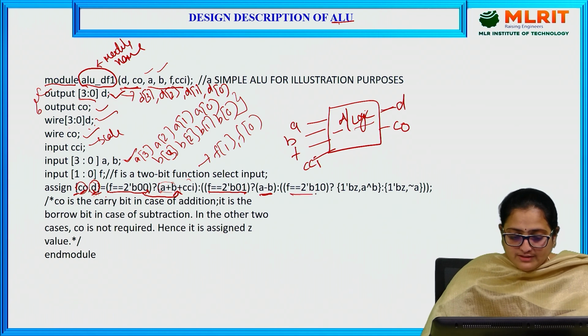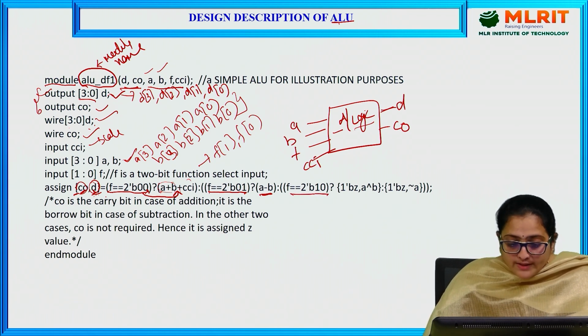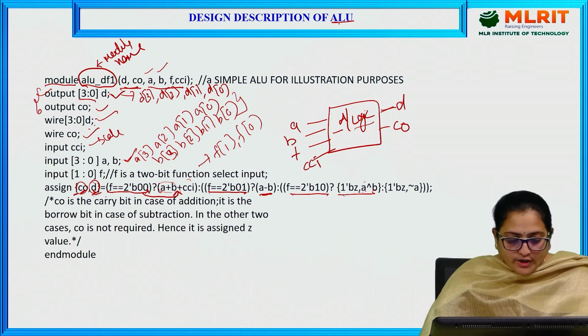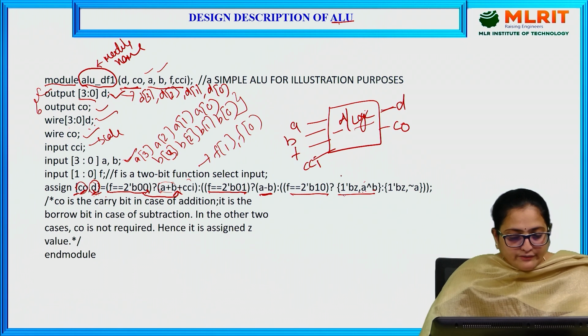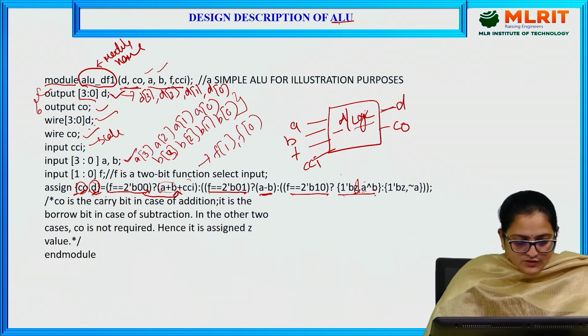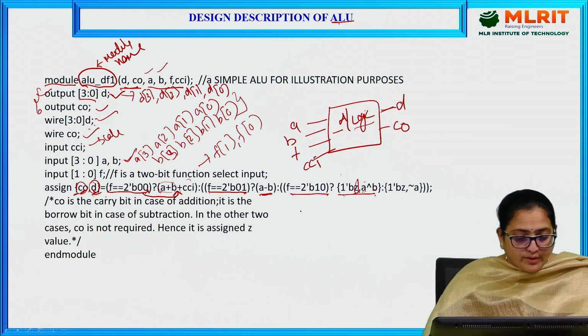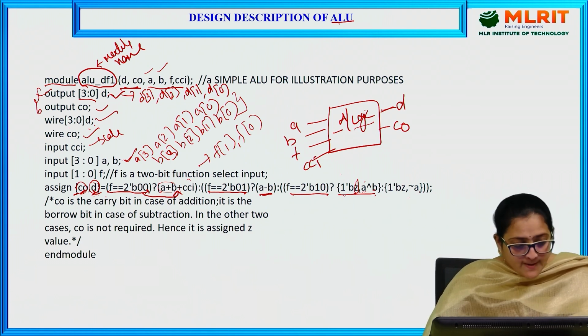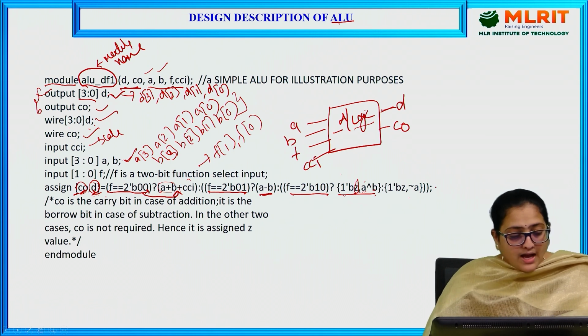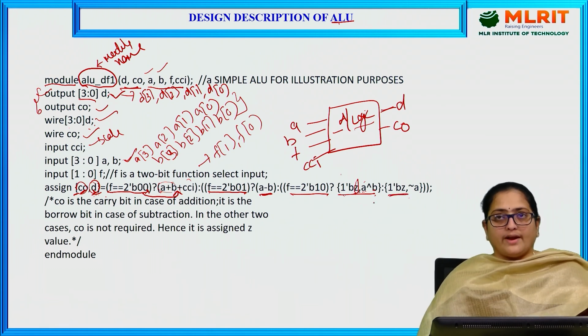And if F is equal to the 2-bit binary value 10, then it has to perform A or B. When you are performing A or B, there is no C0 value, so C0 will be assigned a 1-bit binary value of high impedance state, and D will be assigned A or B. Similarly, if it is not 00, 01 or 10, else what I am asking here is to perform a negation of A, which is stored in D, and C0 will be assigned a 1-bit binary value of Z.